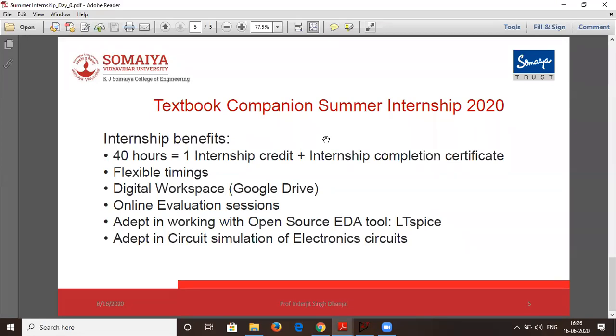Before moving forward, do you all have any queries regarding this internship or any queries in general? Or shall we directly begin with the LT-SPICE training session? Any queries from anyone?